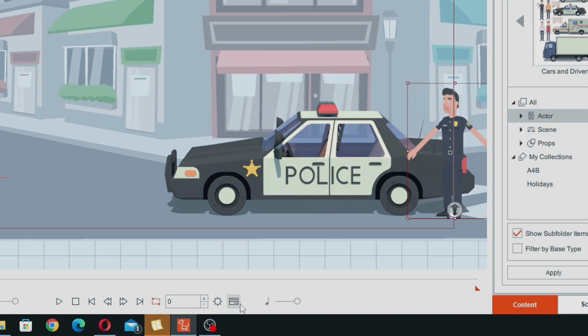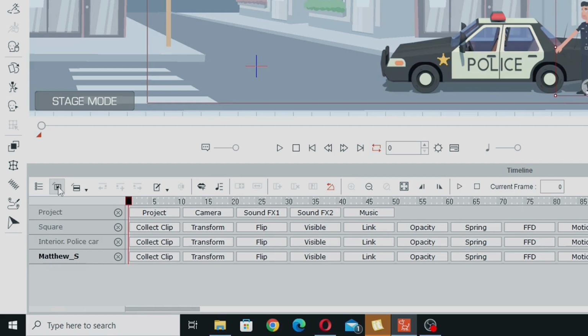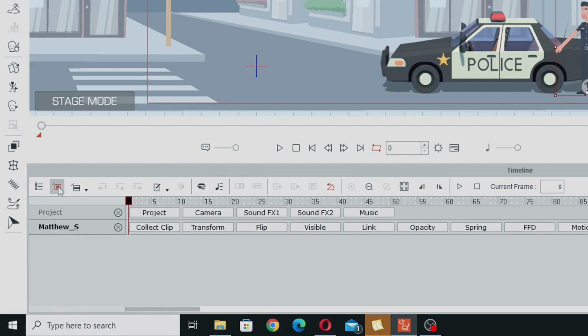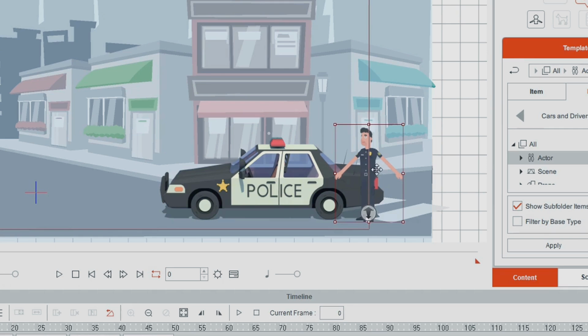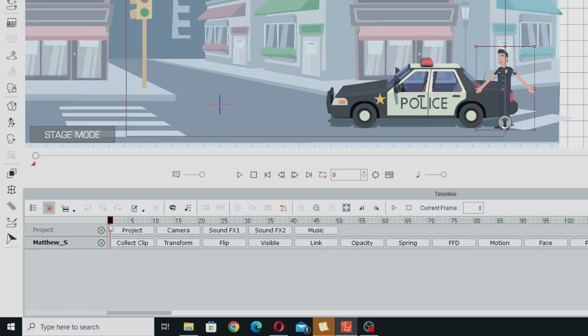So let's open up the timeline and we'll select this icon here so we only get the object tracks that we've got selected. The first thing that's going to happen is this character is going to walk to the door of the police car. So I'm going to roughly estimate how long that'll take him. Let's say it takes 2 seconds for him to do that, and its animation goes at around 30 frames a second. So we want to go at frame 60 with the playhead,